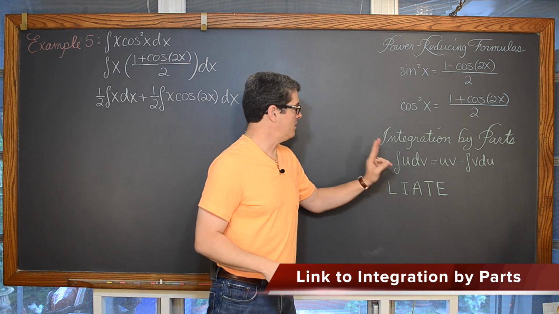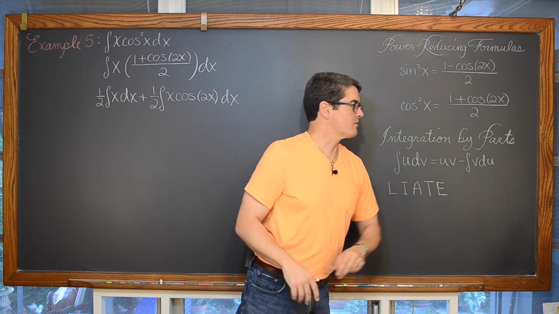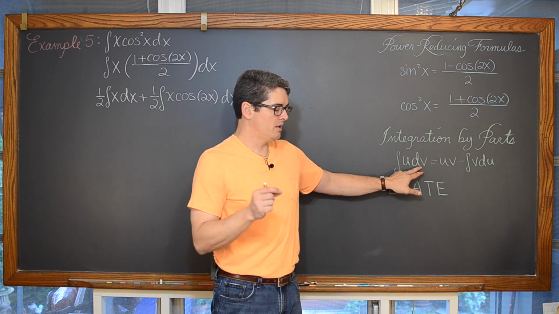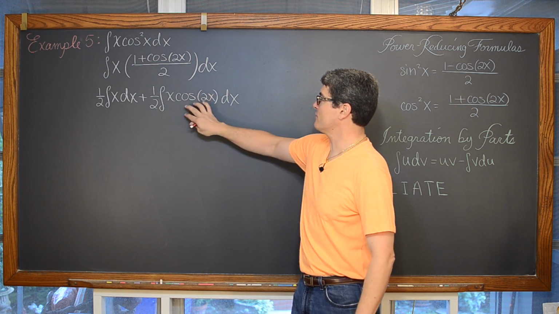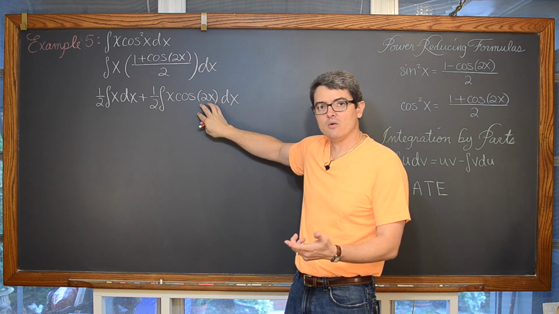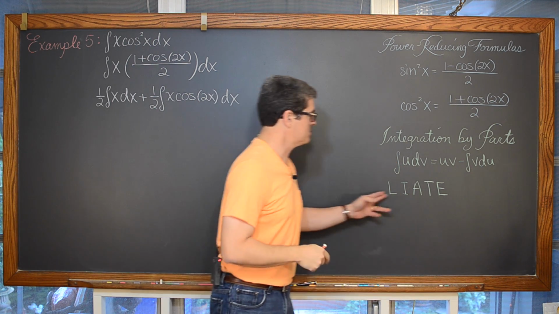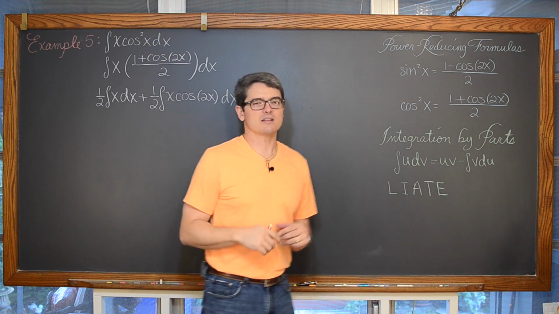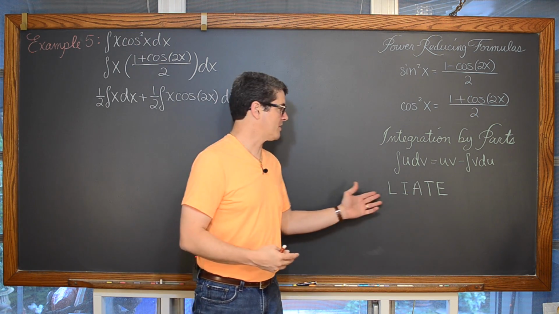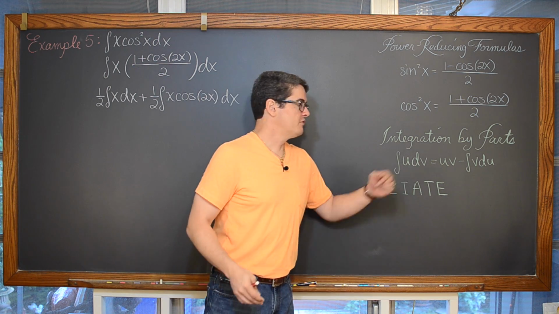But the integral of u dv is equal to uv minus the indefinite integral of v du. What you want to do is look through this integrand and look for the most complicated portion of it, or the most complicated factor that can be integrated using our basic integration rules. That's going to be the cosine of 2x, but you can also use the acronym LEATE, at least that's how I said it in my lesson, to help you come up with some ideas or go through a little bit of a process to try and choose what may be your best choice for dv.